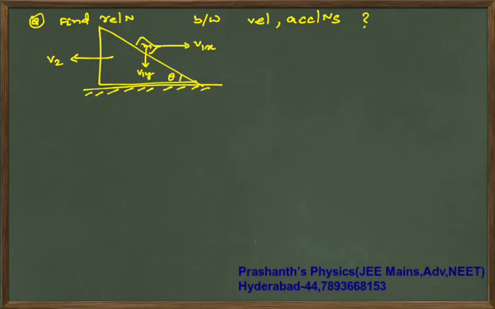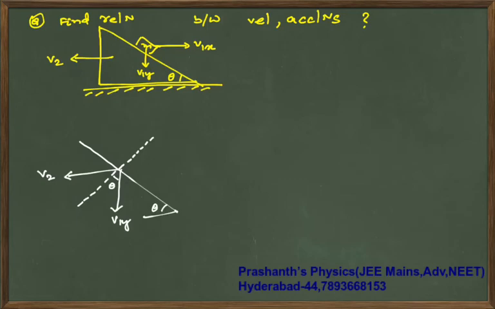So draw the common normal. Hope you have tried for a sufficient amount of time. v2 is this way, v1y is this way, this angle will be theta. v1x is this way, so this will become theta, this will become 90 minus theta. So the components, I will put it in blue color for example. This angle is theta, right? So it is v2 sin theta. This is v1y cos theta. This is v1x cos(90 minus theta), which is sin theta.